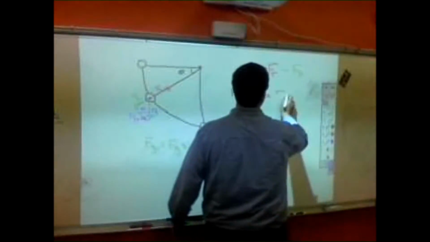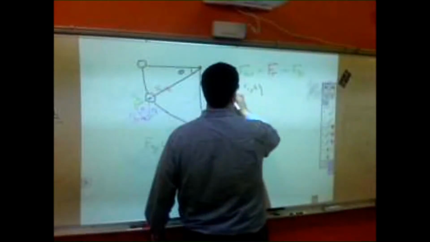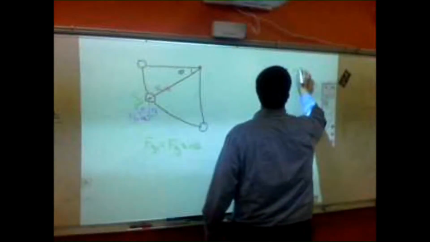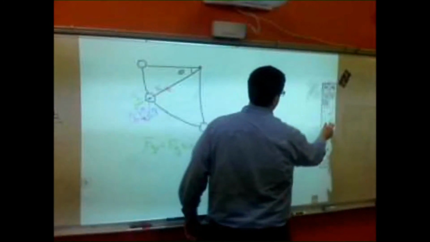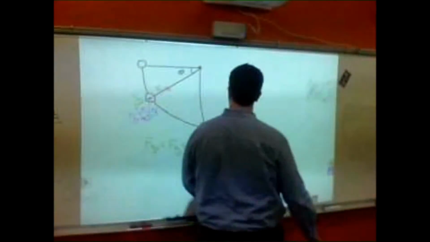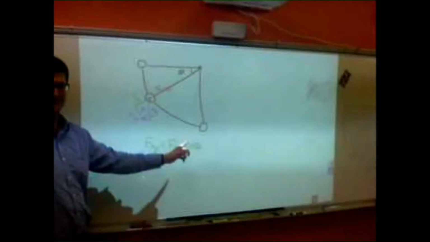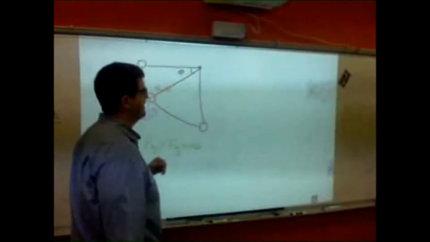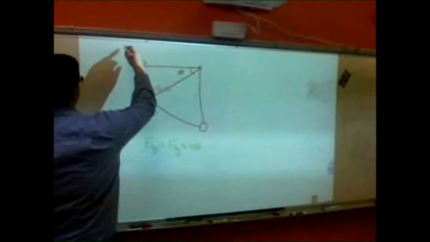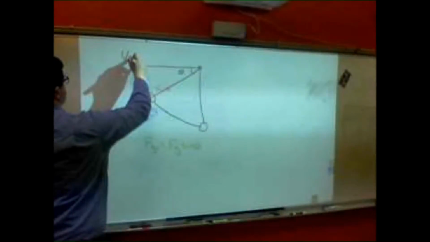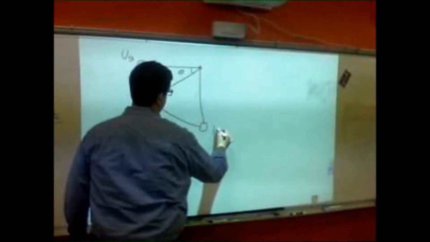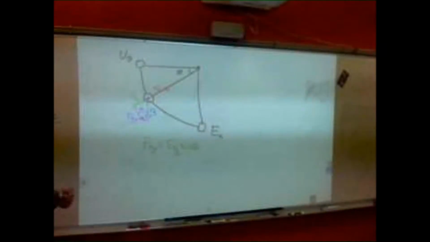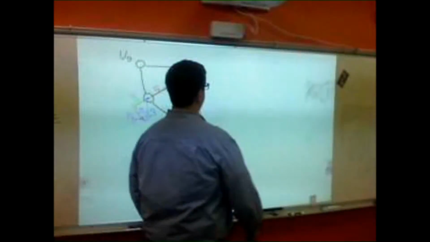What is the initial velocity before the collision of the pendulum? How do we go about solving? What should we use in order to solve that? Conservation of what? How do we get the velocity down at the bottom of the swing? Of energy, yes, conservation of energy. And so we know what type of energy do we have up here? Potential. What type of energy do we have down here? Kinetic, right? And it's conserved because there's no external forces in our system.